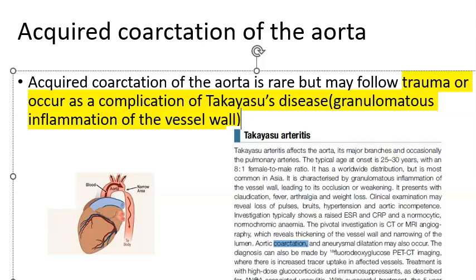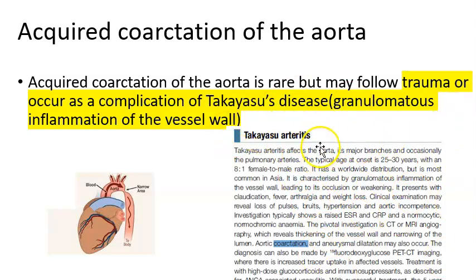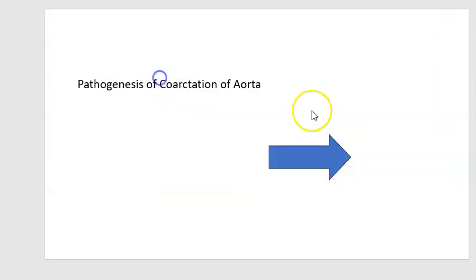So basically, why did it happen? They didn't say. Arteritis it is, right? So granulomatous inflammation of the vessel wall. We'll not go into much detail. Just say Takayasu arteritis. So this can be acquired also. Now let us look at the pathogenesis of the